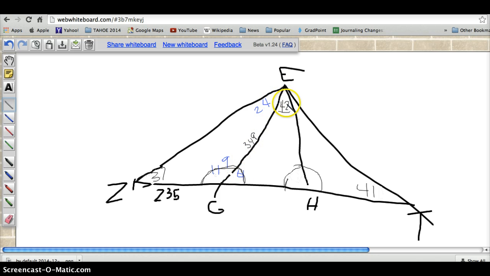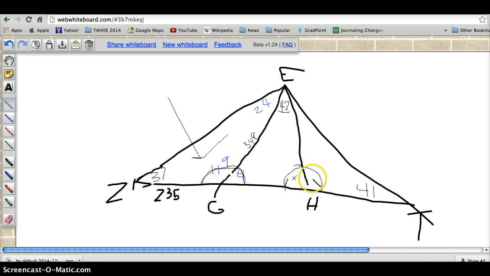You're given 42 and 61. If you know what the three angles of a triangle must equal, then you can do some addition and subtraction to find it. I'm not going to tell you, but hint, we did it over on this triangle. And then once you find this angle, you'll notice again, just like over here,